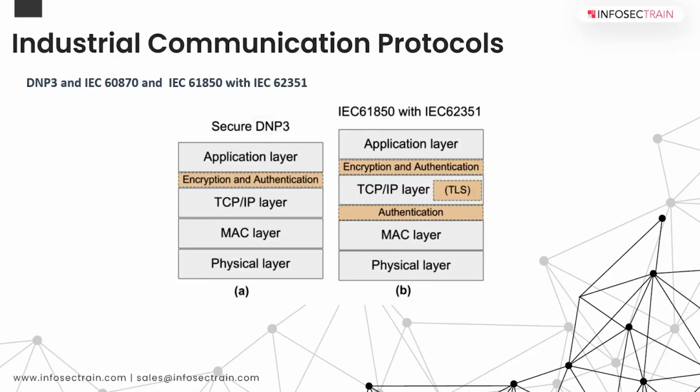Of course, there are other smaller vendors too, but yeah. So DNP3 and IEC 60870 is a protocol that was developed in the early 90s, and it is mainly used in the electric sector or the power sector in the United States and Canada. It is not used anywhere else in the world, at least as far as I know, and it is very rarely used in Europe.